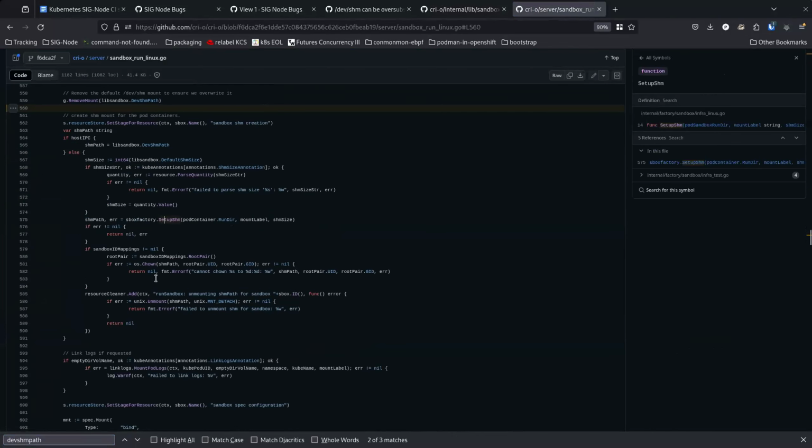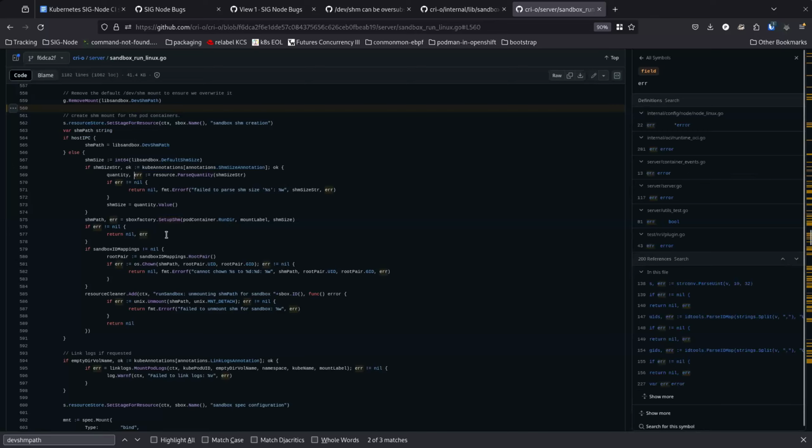This is CRI-O specifically doing this for the sandbox, and then for each of the containers we also give it the same dev shim, because each container in a pod is sharing the UTS namespace, or IPC namespace, so it'll share dev shim.